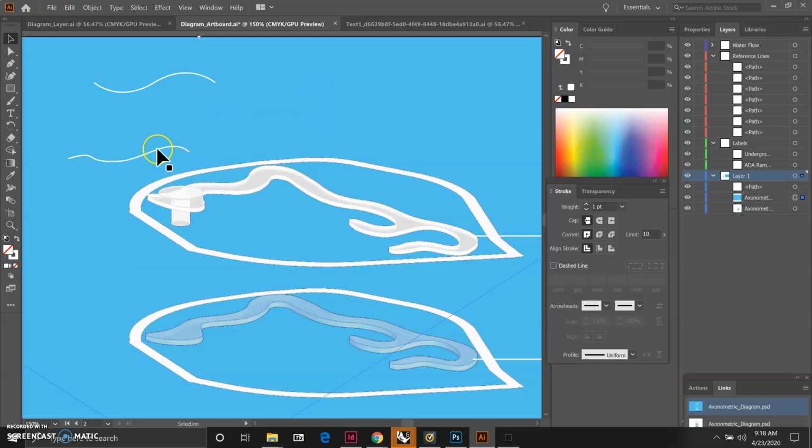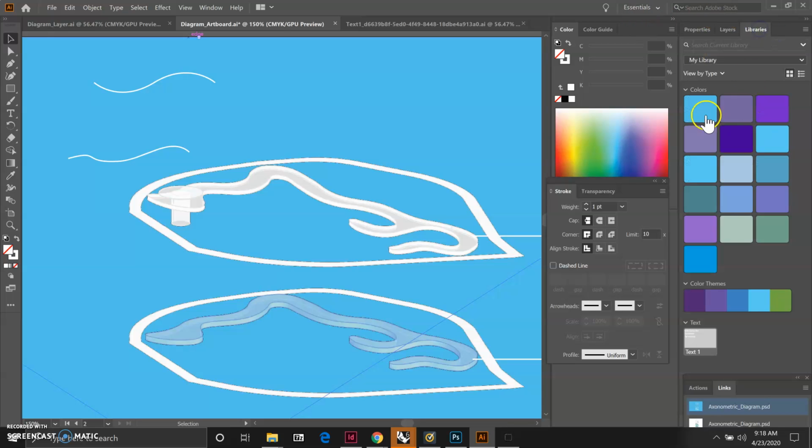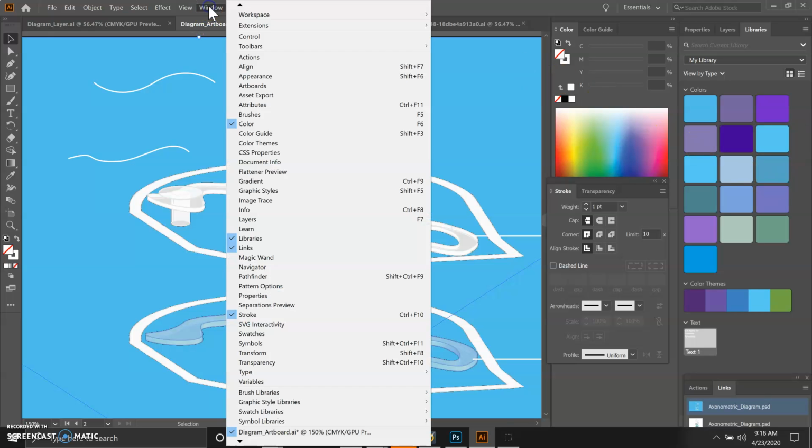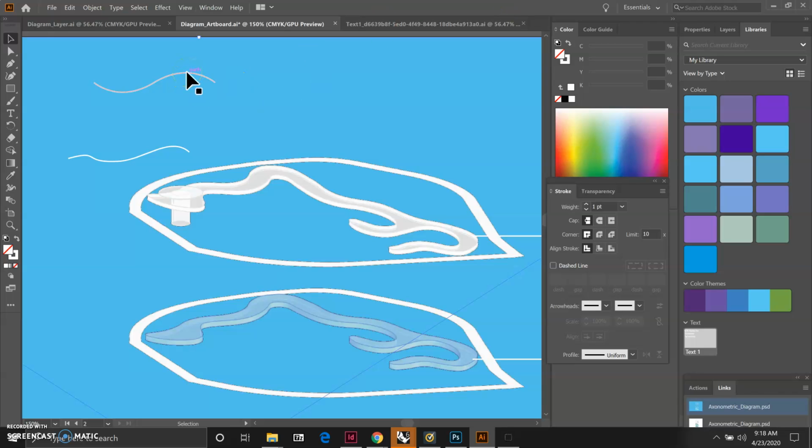So now let's work on changing the color of this path. So we kind of want to use the previous color palette that we set up. So let's go to the libraries, the Creative Cloud library with the same color swatches that we selected from our rendering. If you don't have it up yet, you can go to Window and then make sure your libraries is checked. Okay, so in this case, because I'm going to be going above this ramp here, I might want it to be a different color, and I'm going to just use